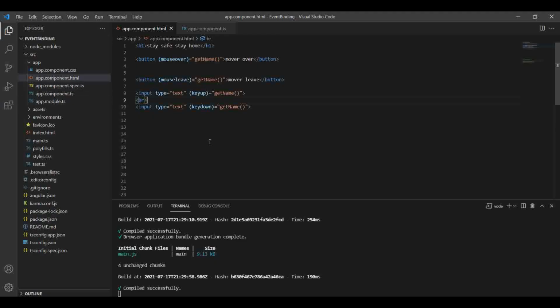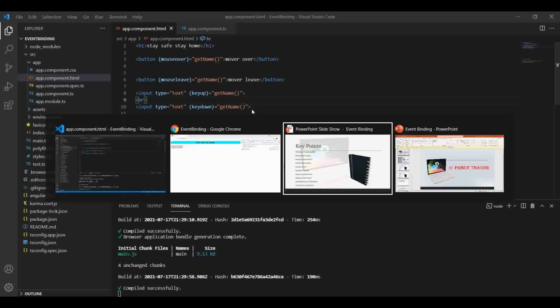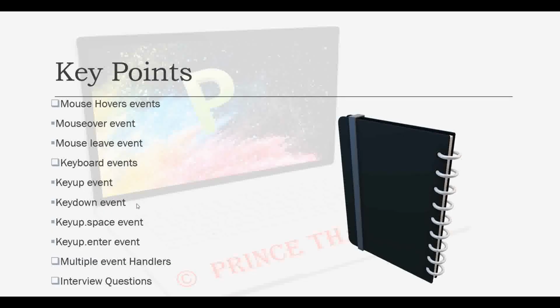That is the key down part. Now our two keyboard event functions are done.